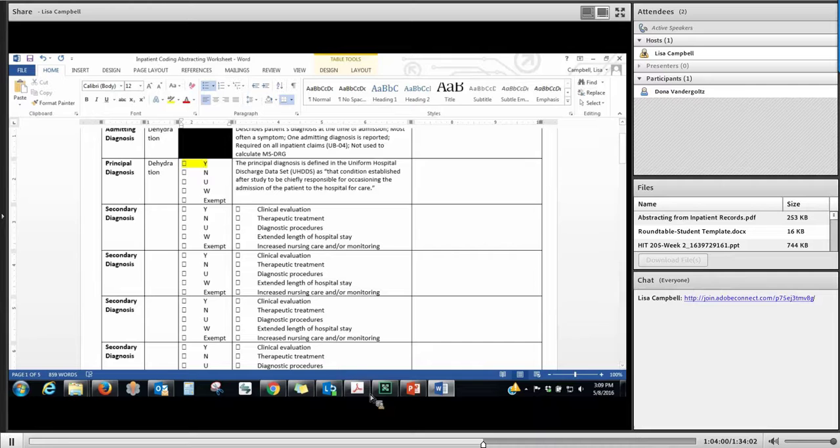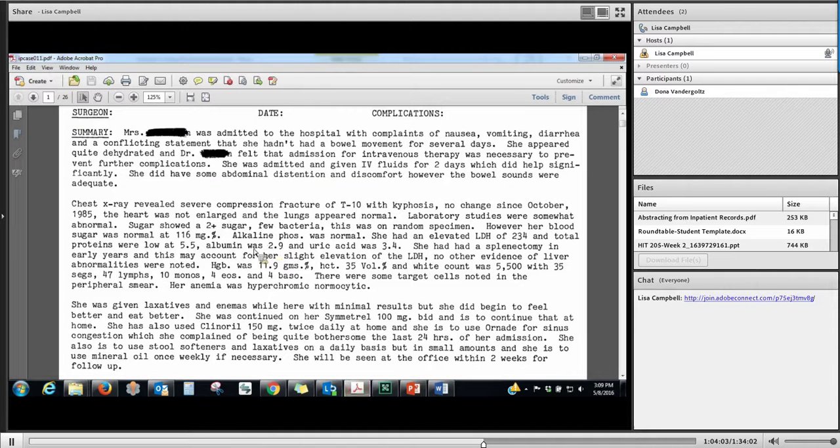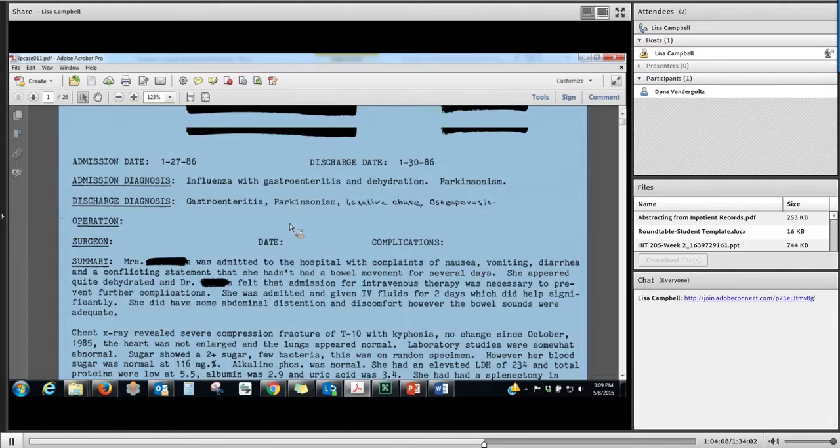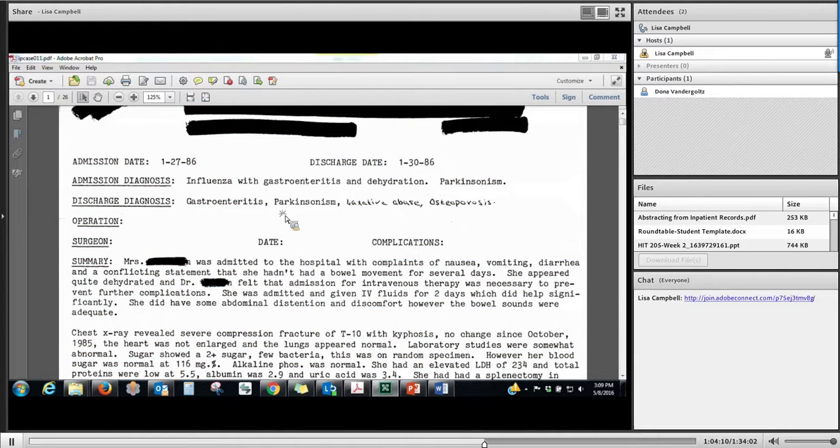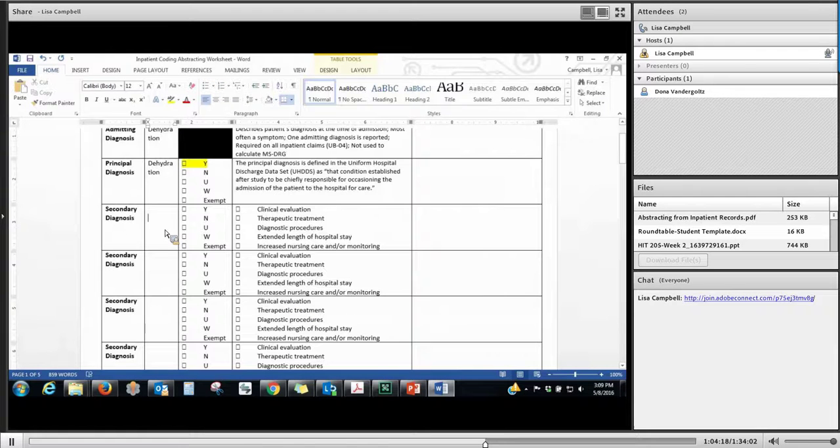So let's continue. In looking at this record, now I need to pick up my secondary diagnoses. Well, I have a few up here: gastroenteritis, Parkinson's, laxative abuse, osteoporosis. Again, you can handwrite this, you can type it, but I'm going to type in all my secondary diagnoses. Now you notice I'm not putting the codes in yet because I need to read the rest of the record to determine